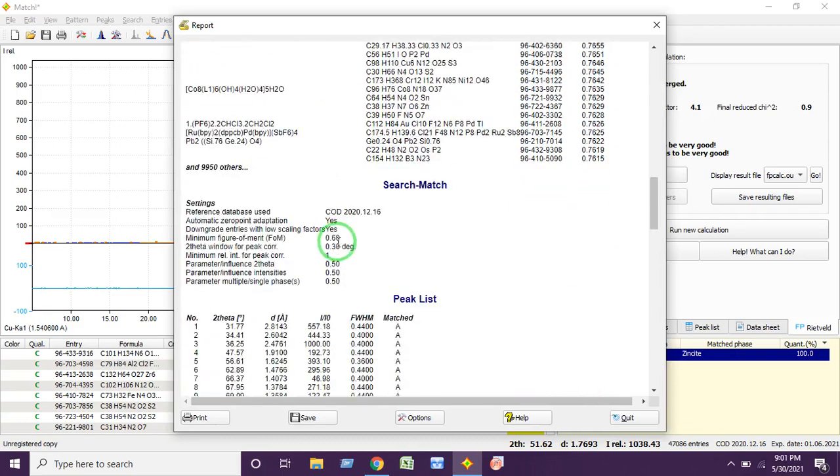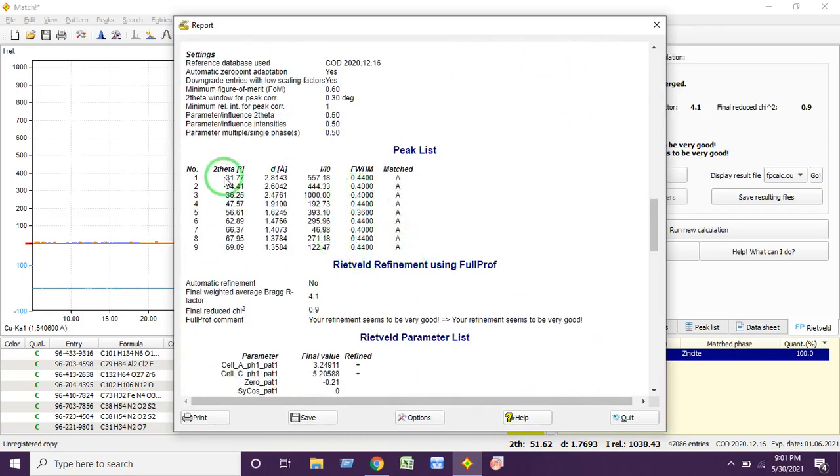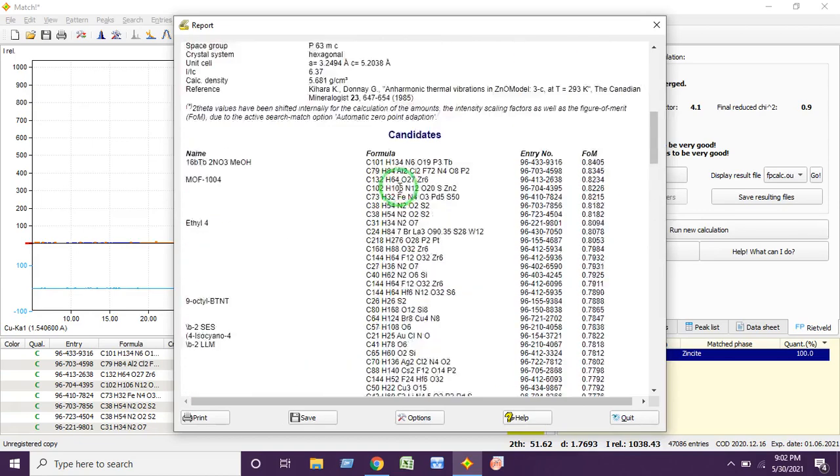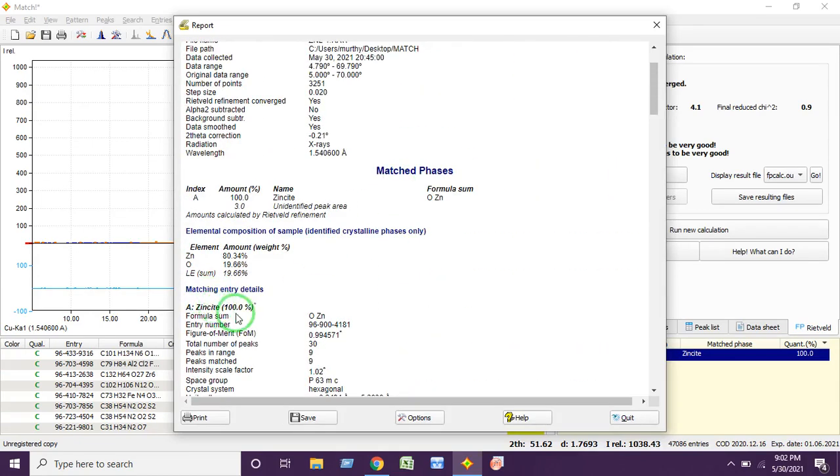Here you can see the 2 theta value, the position of the peaks, the corresponding interplanar distances, relative intensities, and the full width at half maximum. Capital A is zincite, zinc oxygen.